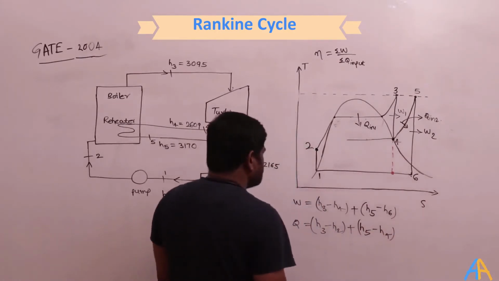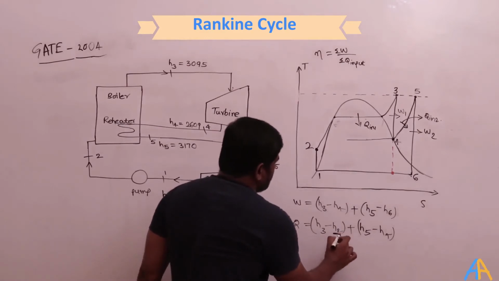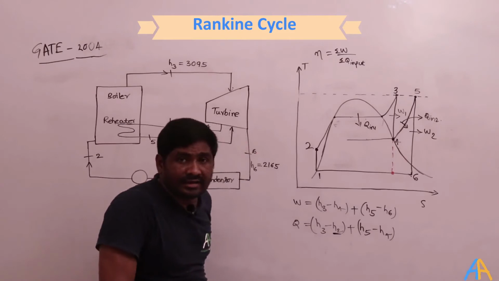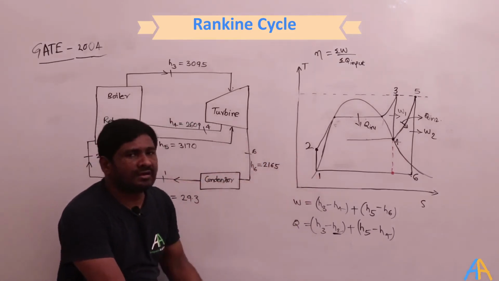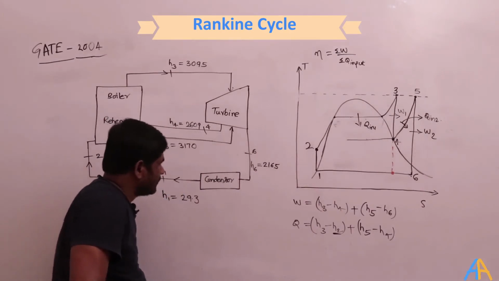All these values are given, except H2. H2 is the exit of the pump, but pump work is neglected, so the exit enthalpy of the pump equals the entry enthalpy of the pump. By considering like that, efficiency can be